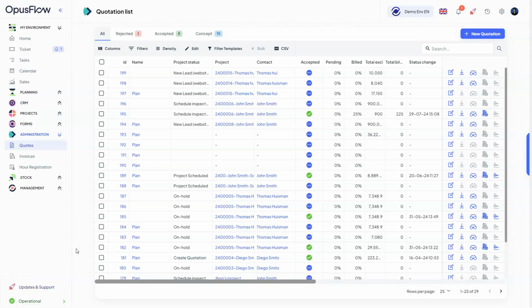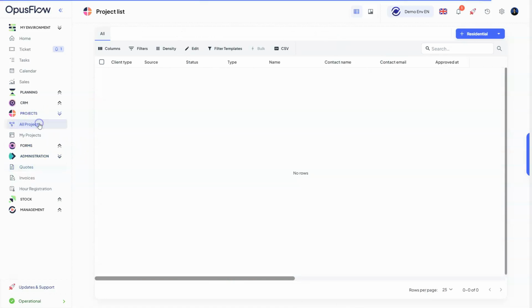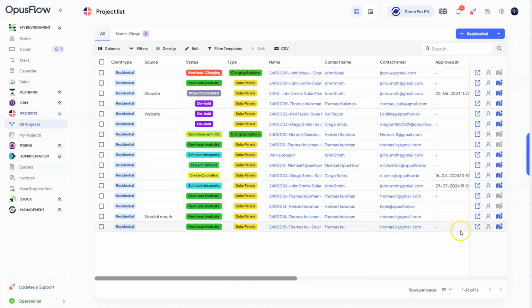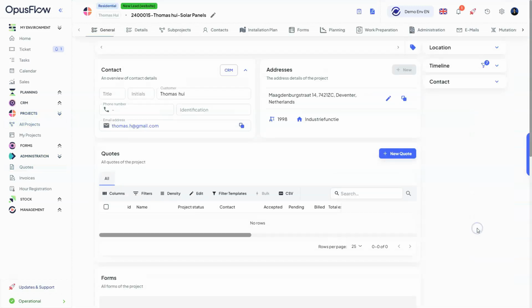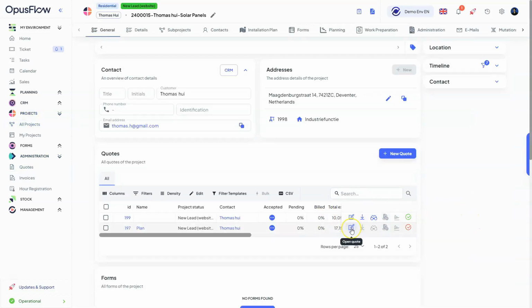So first we need to find a quote for which we want to change the detail. And one way to find it is through administration quotes, and over here search for your quotation. Otherwise you can go to projects, all projects, and then open the project for yourself and then click on